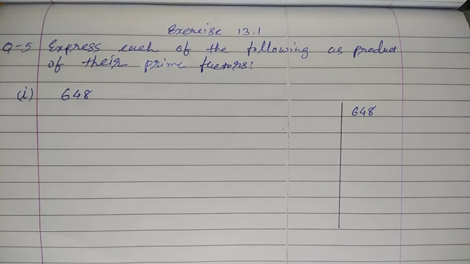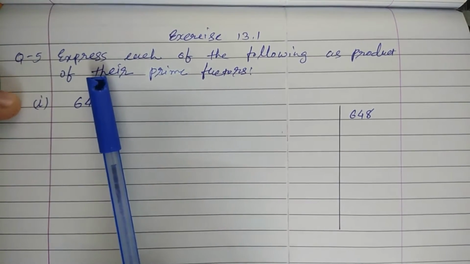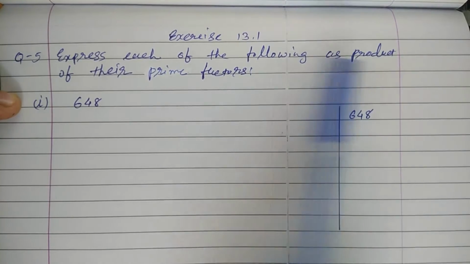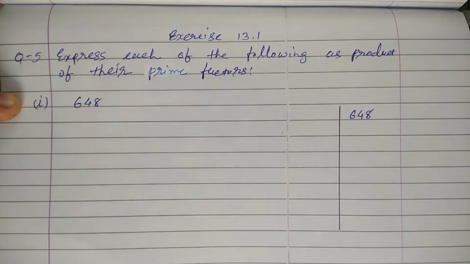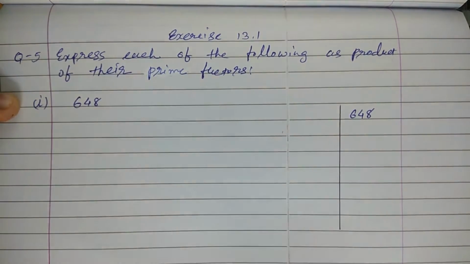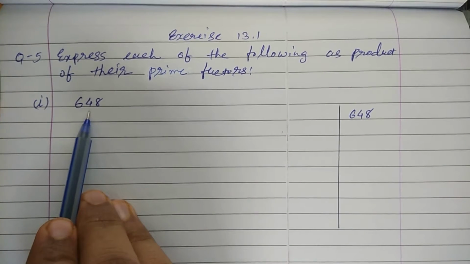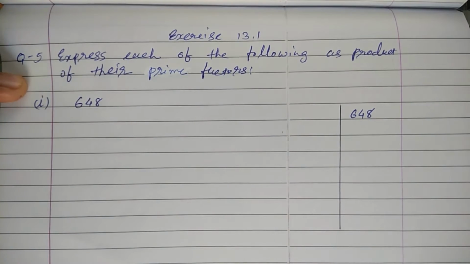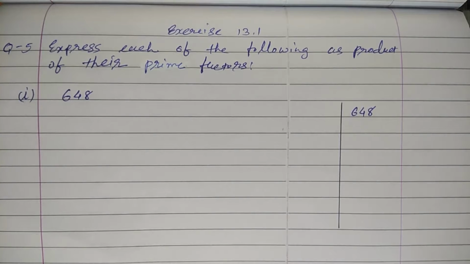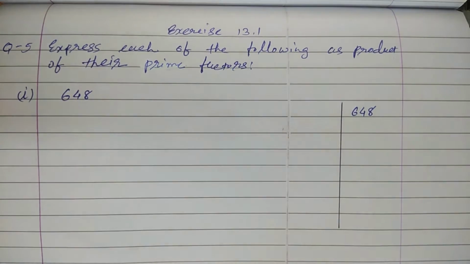Hello students, let's solve exercise 13.1 question number 5. Express each of the following as product of their prime factors. First sum, number 648. So here we have to find their prime factors and we have to write their factors in exponential notation or